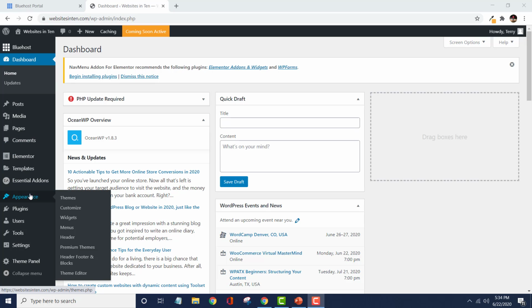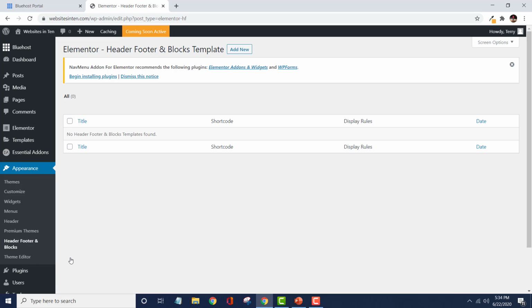It actually appears under Appearance as part of headers, and you can see there's a header here, but the one I want says Header, Footer, and Blocks, and I'm going to click on that. And that's going to give me the opportunity to create a custom header for my website. Now you notice there's no header listed here because I haven't done any yet. I'm going to go right up here to Add New,